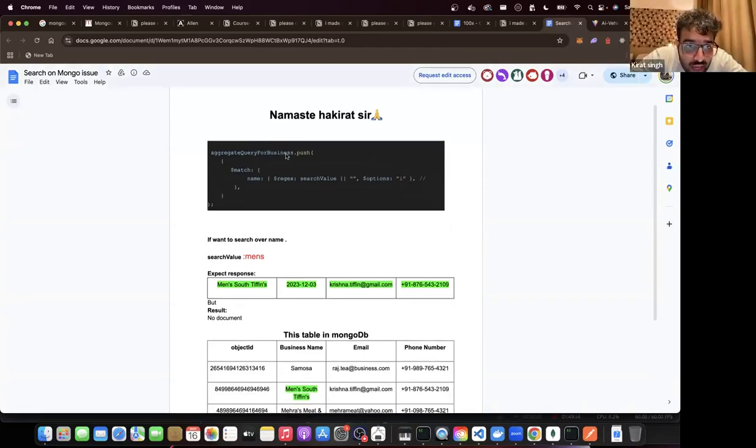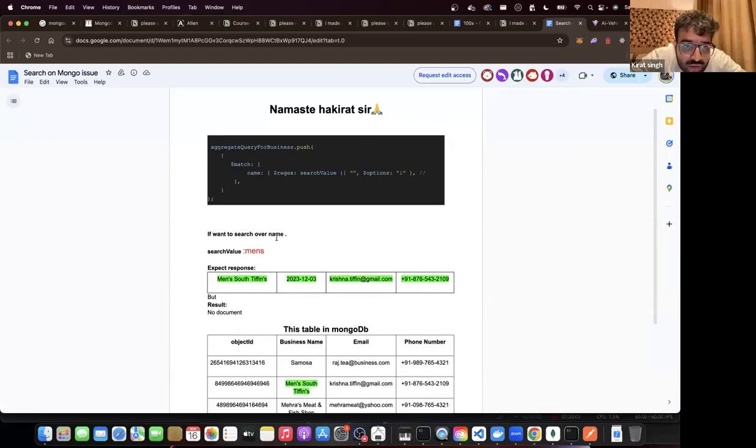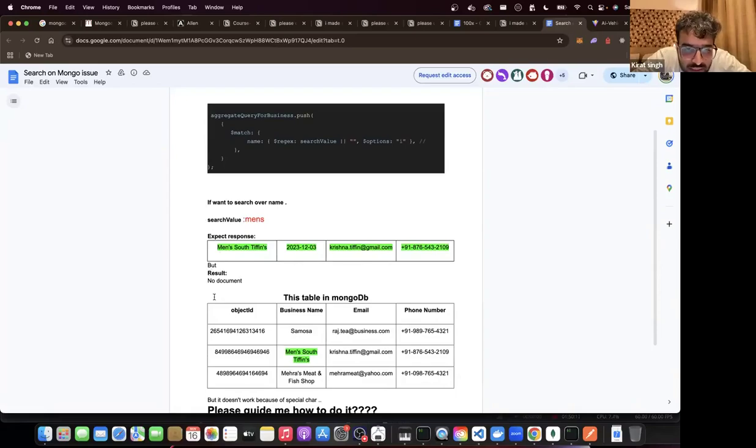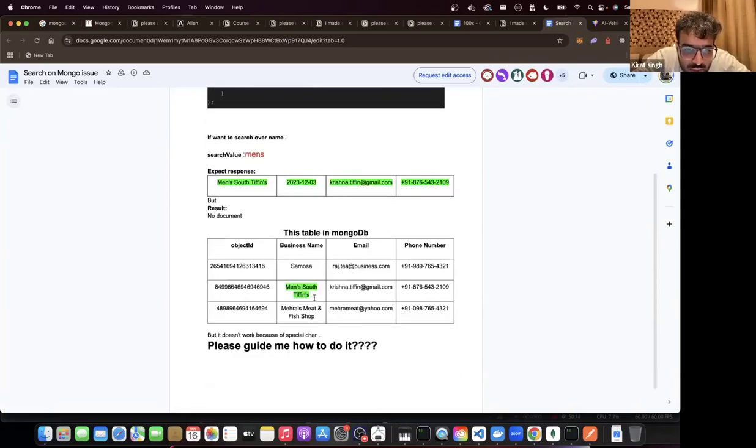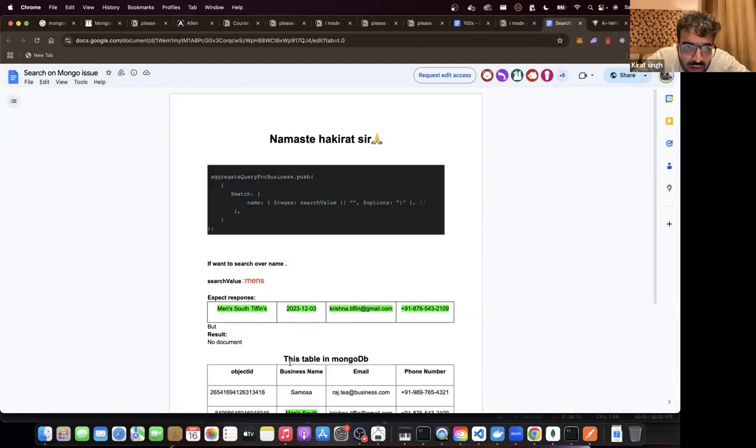Aggregate query for business dot push match regex search value options. आई भाई साहब ये क्या लिख दिया? If you want to search over a name, search value colon mens. Exact response is thing, but result. This is the table in MongoDB. Please guide me how to do it. Okay, seems like you are trying to search for something like mens on every row, right?